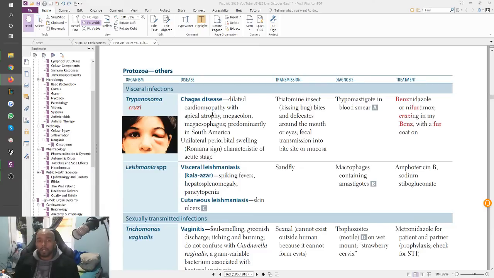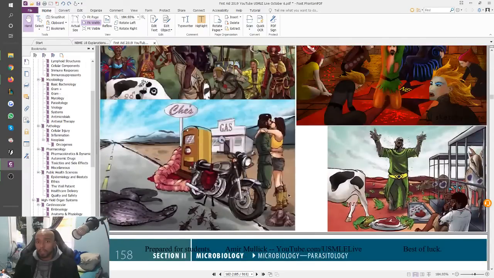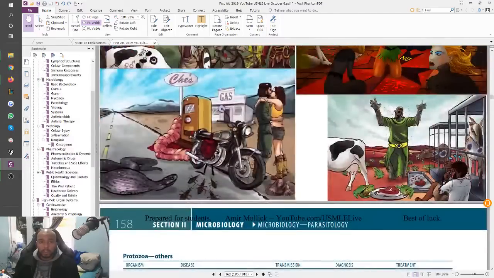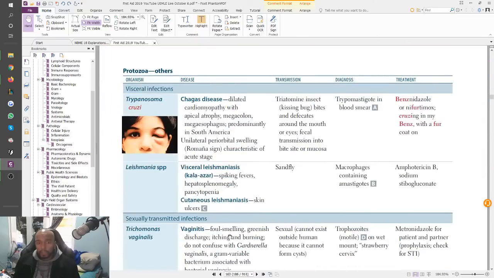disease, right? Which can cause dilated cardiomyopathy, is one of the C's of ABCCCD for Chagas disease. It can cause megacolon and megaesophagus, all of which is very apparent in this image right here. This is the Chagas Trypanosoma cruzi image, right? So you can see megacolon here, you can see the megaesophagus here in the snake, okay? You can see the bag over here is dilated cardiomyopathy. So you got to make sure you catch all of that.